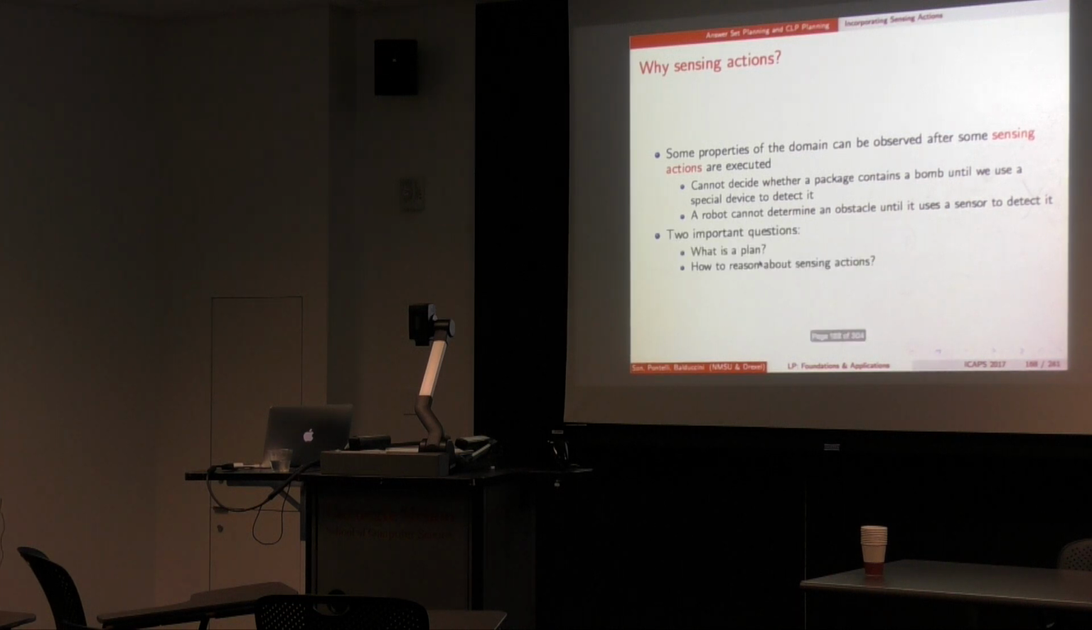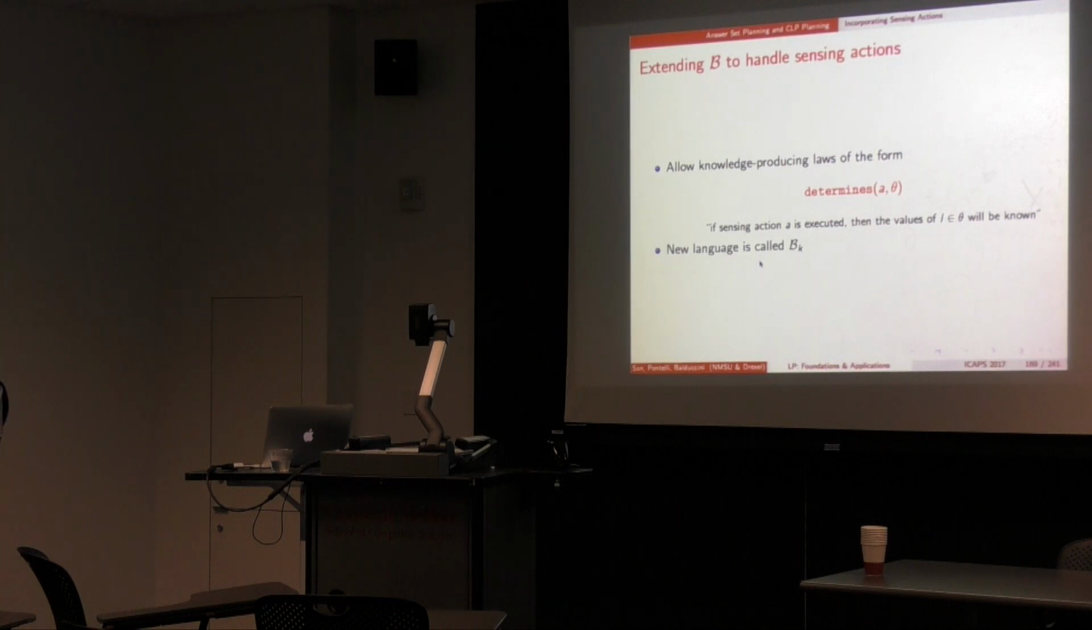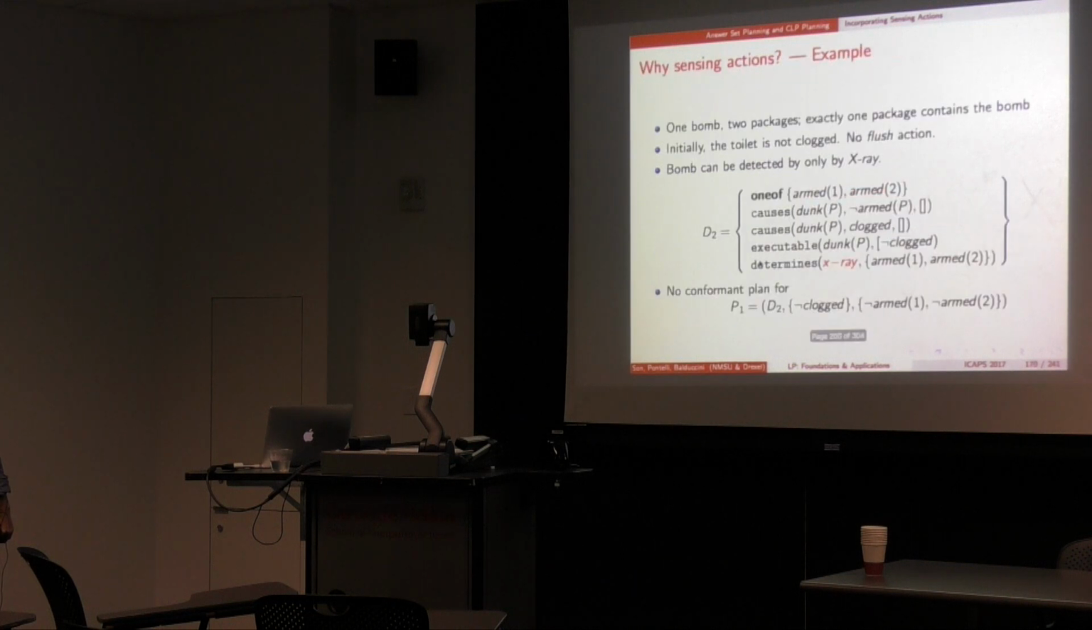The only thing I wanted to mention is that we just need to add to the action language one more syntactical item to declare that an action is a sensing action, and to say that if it is a sensing action, when we execute it, we determine the value of the fluent literals in this set theta. So we call this new language a new name, and say, for example, now we have two